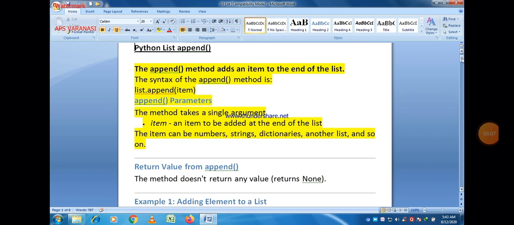Today we are going to discuss lists, and in our last lecture we discussed a few functions related to lists. In this lecture we are going to discuss some more of them. So the first function regarding lists is the append function,